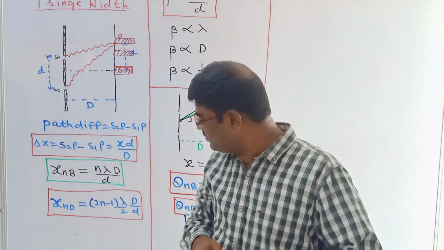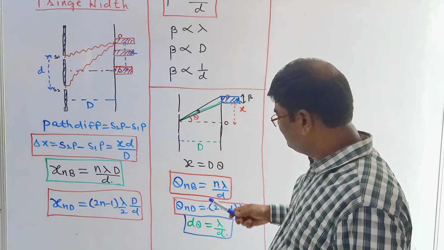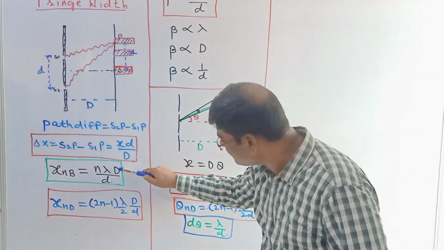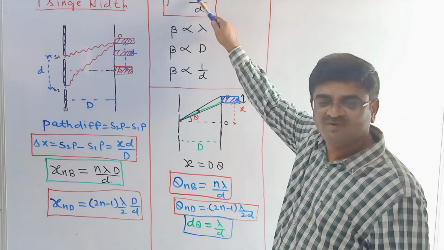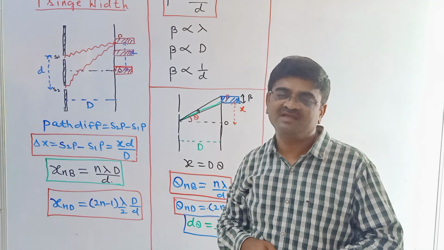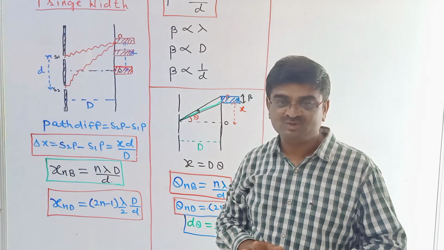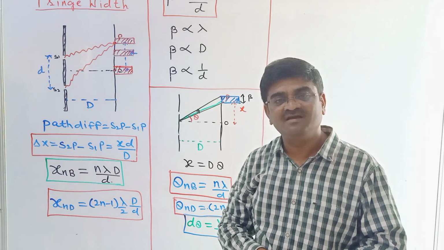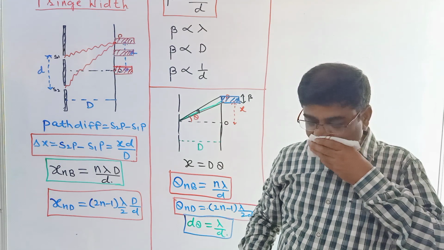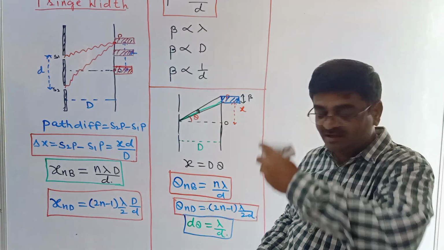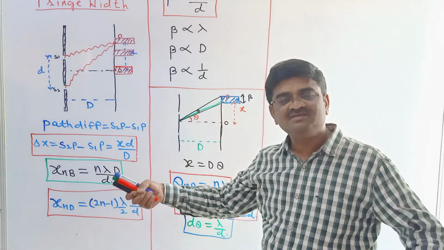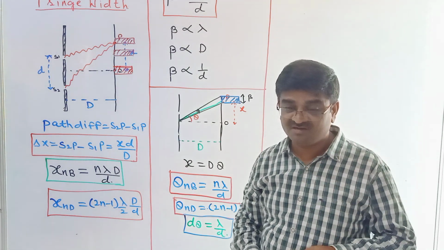Now one thing you might have noticed: from these expressions, if I remove capital D, whatever is left are nothing but angular parameters. Important thing. So separately you need not break your head to remember the expressions for angular parameters. What you need to add to your memory is: just eliminate capital D, and whatever is left is the angular parameter. So this is an important thing to be remembered.